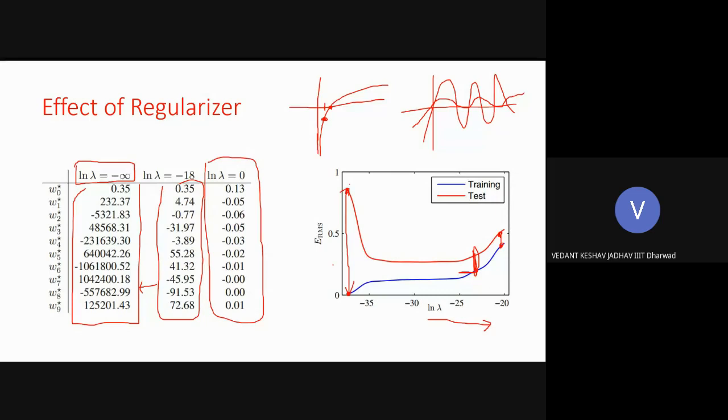So if you tune your hyperparameter well, then though you are using m equals 9, if you are using the right value of lambda, you will get the same effectiveness as using m equals 3 without regularization. So regularization gives you control to use very powerful models without going into the region of overfitting when you put more constraint on lambda. Anybody else? Anybody have any question?